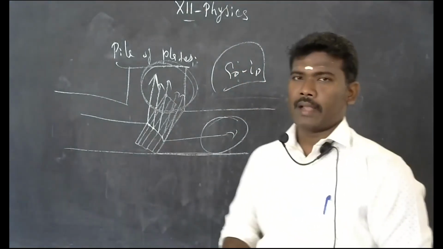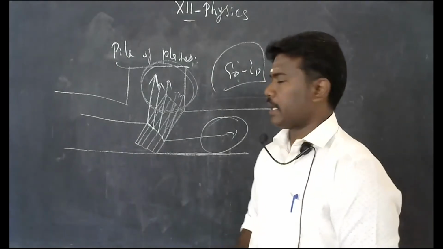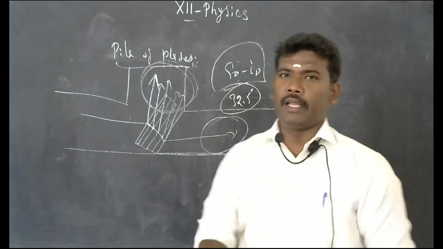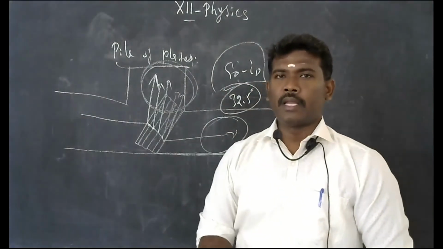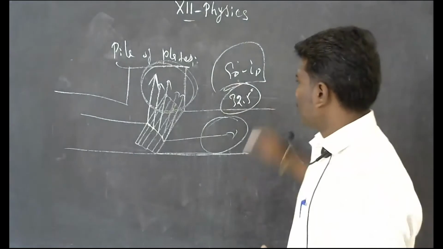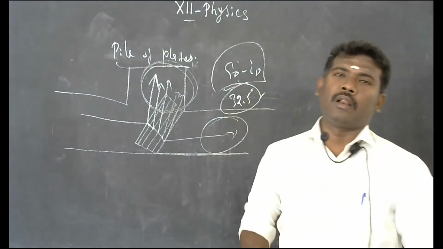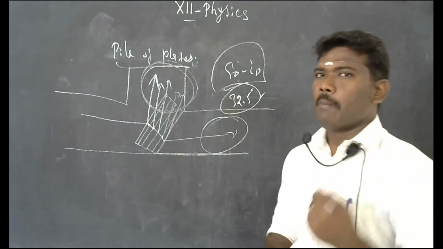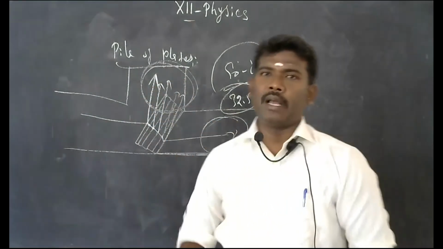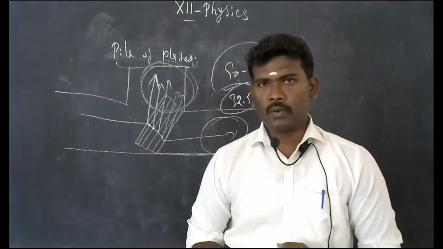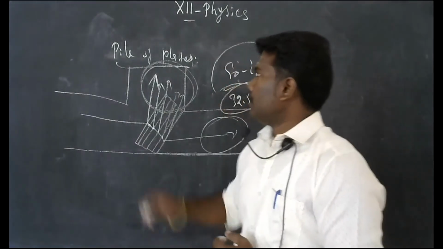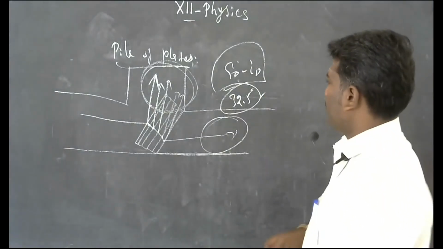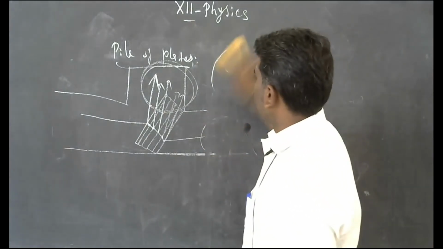If you are using the glass material as a transparent sheet, it is inclined at the angle 32.5 degrees. In this case, at that particular value only, it produces completely polarized light by the reflection process. So note that angle also. This is related to the pile-of-plates. Our next topic, the Nicol prism.